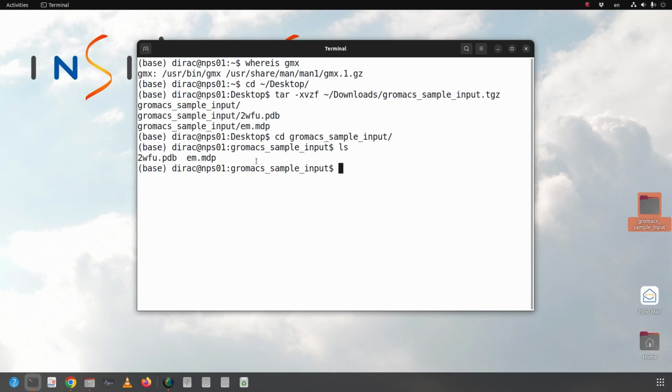Here we have two files, a PDB file and an MDP file. First, we process the PDB file by the gmx pdb2gmx command, and pdb2gmx is a GROMACS command, and it doesn't work if you didn't install GROMACS. And at least it needs two options, the name of the PDB file and the name of the output file, protein.gro.